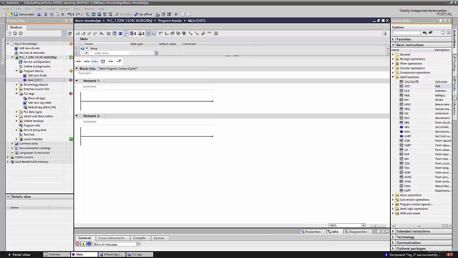Let's begin with the next chapter. The next chapter is about math operations. Mathematical operations, functions which are implemented in the PLC, are, as you see, very useful and easy to use, but they have some dangers